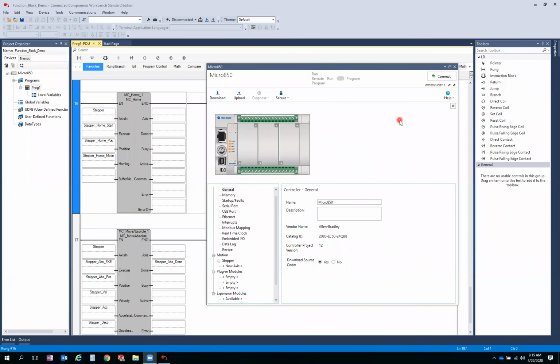All right, hello everyone. Today we are going to talk about two more functions on our Micro 850 PLC motion control system. So today I wanted to talk about two function blocks, our MC home and our MC absolute. So in setting up for these, it's important that under